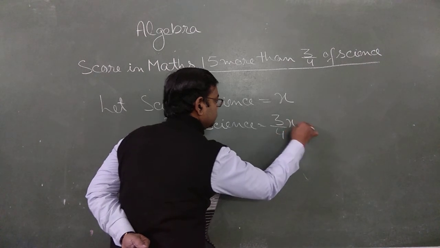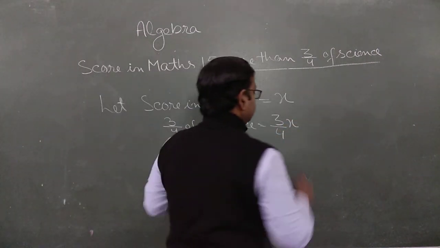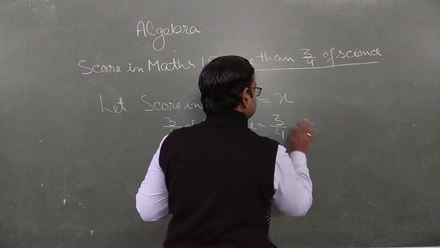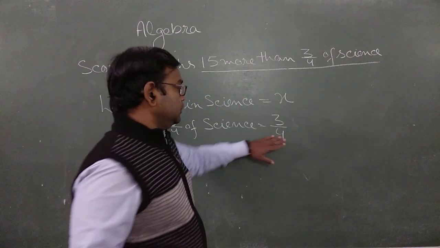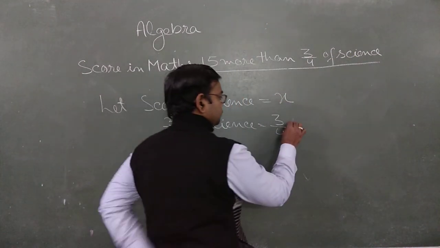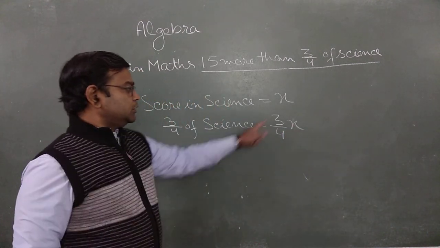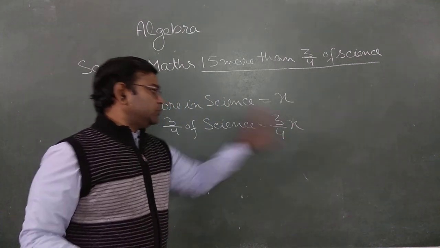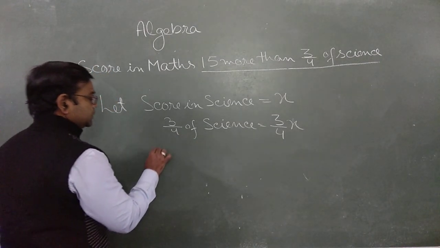3/4 into x. We can write this with a multiply sign, but generally if there is one variable and one number, we never use the multiply sign, we simply write it down as 3/4x. So it means 3/4 into x, 3/4x. This is 3/4 of science. So what is the number of maths